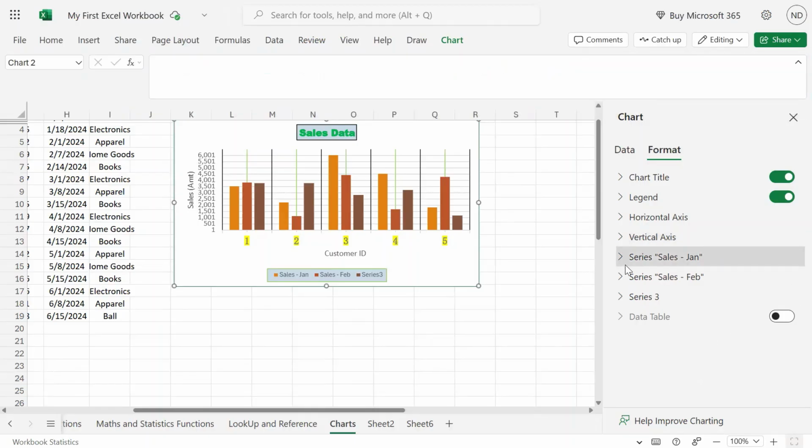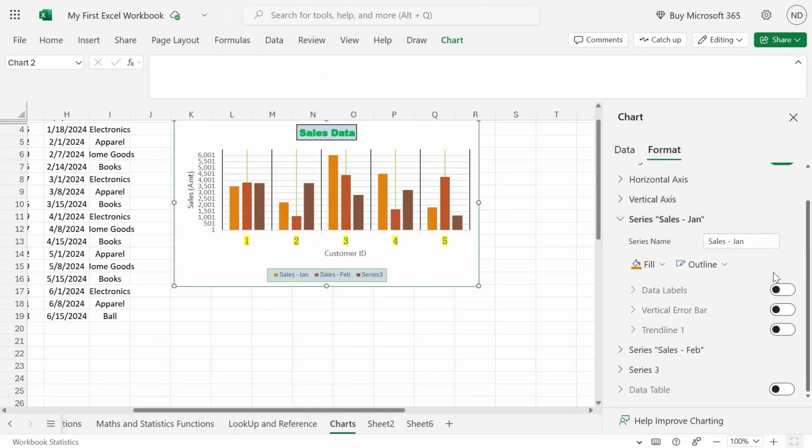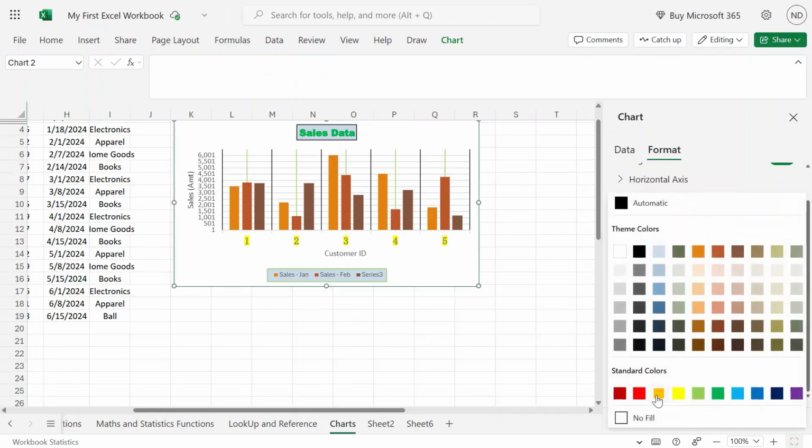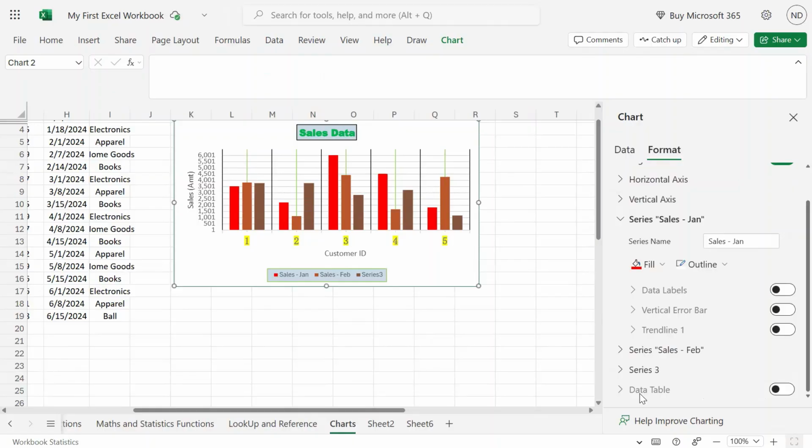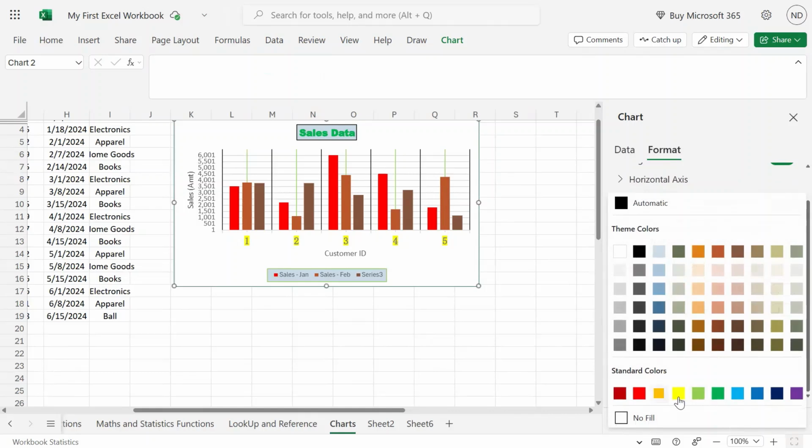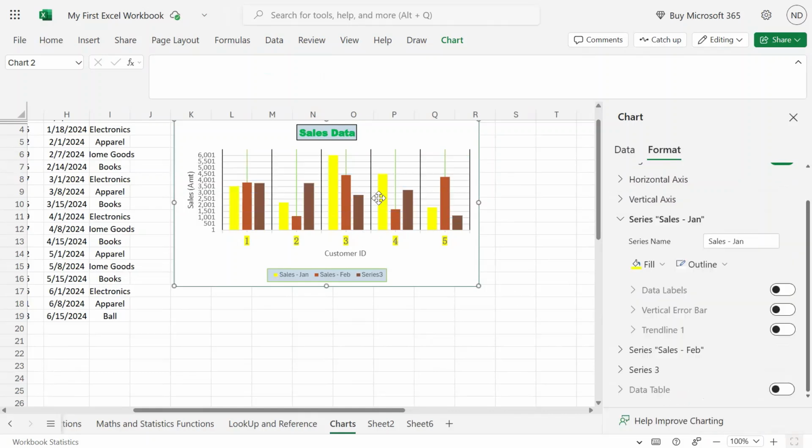Yeah. Then we have individual series options. So series, this is to the specific series. So if this is brown in color, the sales Jan figures are brown in color. If I want to highlight it and specifically make it red, I'll say red. So you can see the entire Jan figures are being shown in red as of now. Or if I want to make it much lighter, I'll say yellow. So that gets highlighted. This is majorly used to highlight a specific series if you wanted to highlight it to